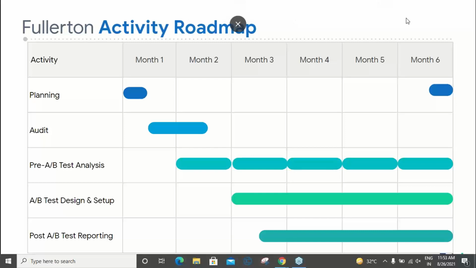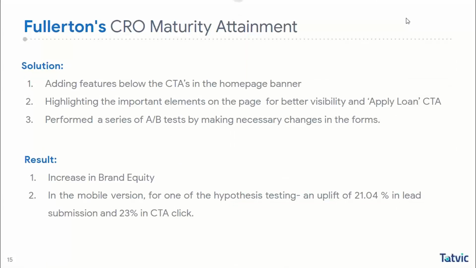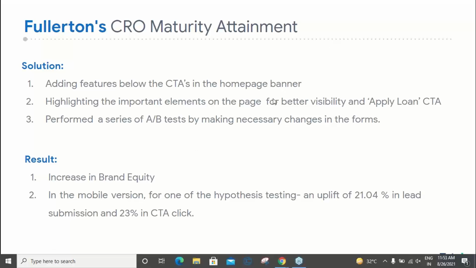Now coming to the success factor, the next part: what are the key benefits we got out of it? That is very important. There are so many things to talk about. We had learning in terms of success, and we had learning in terms of failure also. So the few solutions which we tried out and which worked well for us, we can touch upon a bit. One of the key features we added was in the homepage banner, where we had the